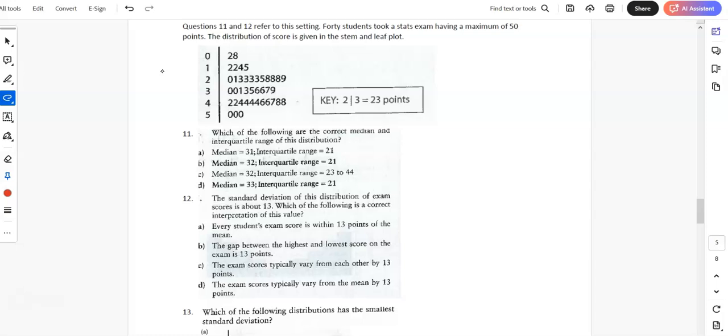So there are 50. So I need the 25th and 26th to make the median. 1, 2, 3, 4, 5, 6,